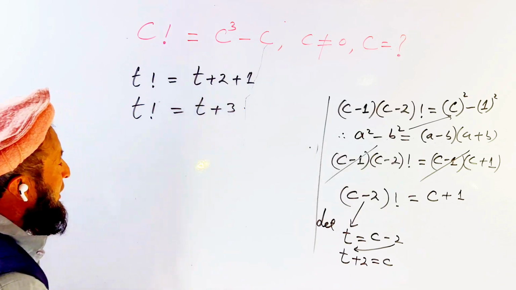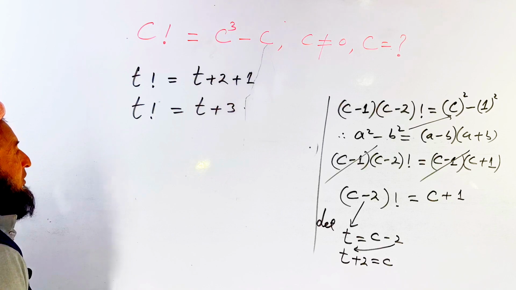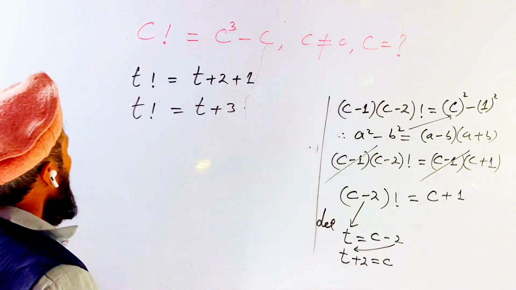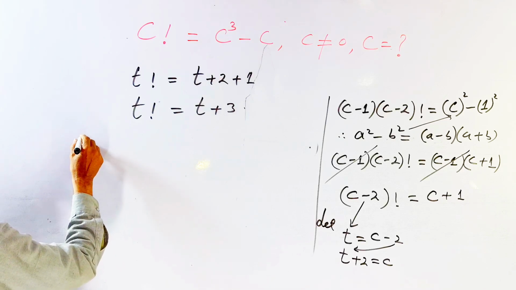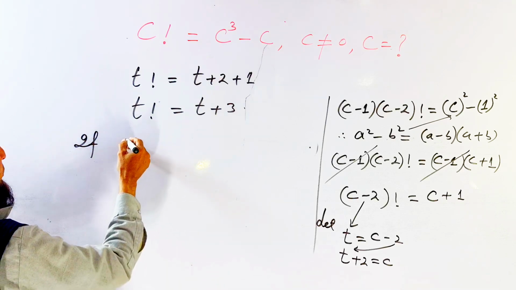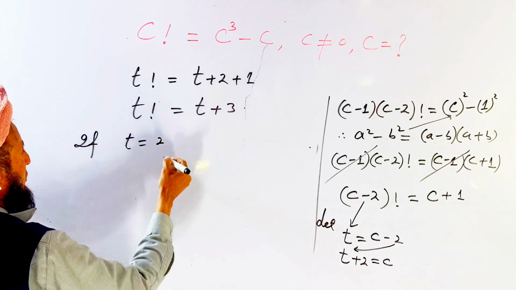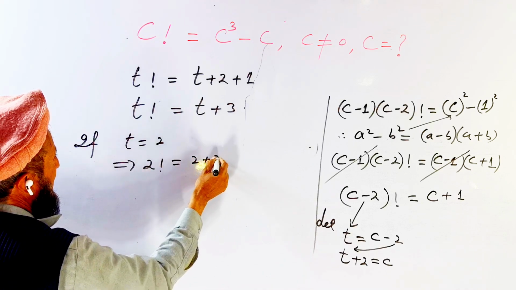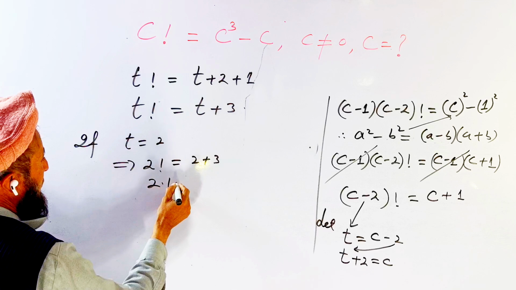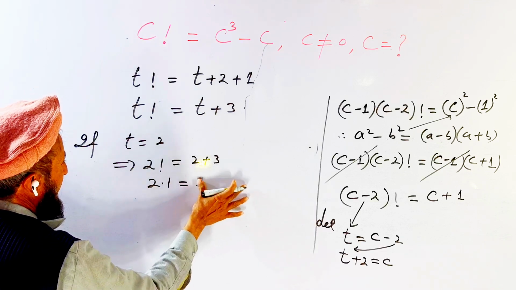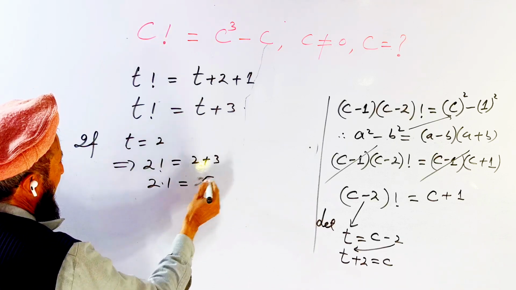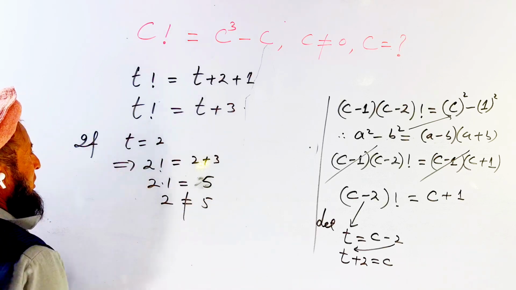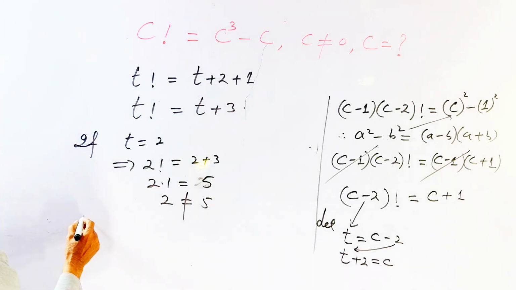Now we are finding integers, checking that C does not equal 0. If we take the supposition that T is equal to 2, what is the effect? 2 factorial is equal to 2 plus 3, so 2 into 1 is equal to 5. That will be 2, and 2 is not equal to 5, so the supposition of T is wrong. Similarly, if we